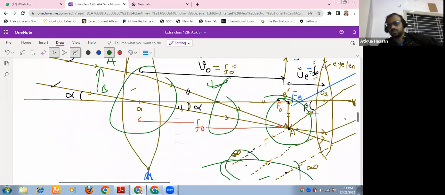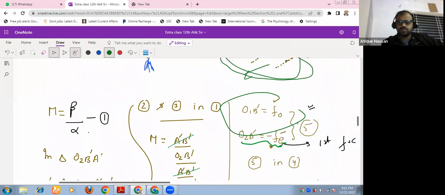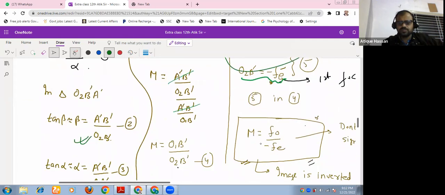We don't have to apply the lens formula. Obviously, for the final image at infinity, O2 B dash should be equal to the focal length of the eyepiece. So here we have put O2 B dash is Fe. So obviously we will put both in the formula. We will get M equal to F naught